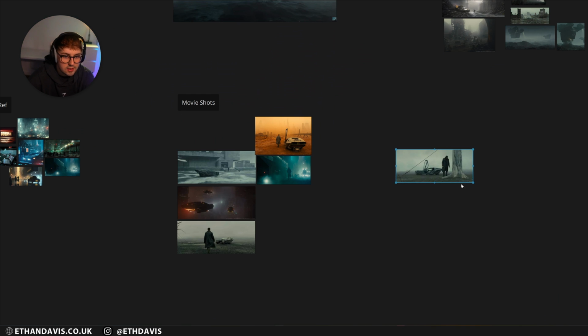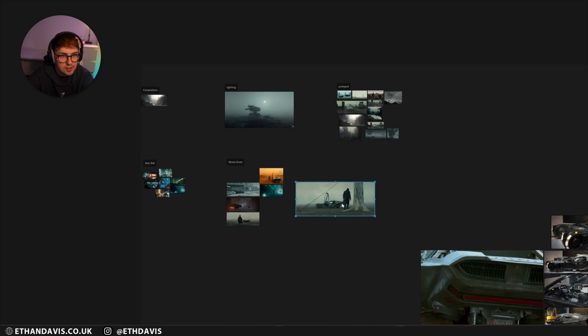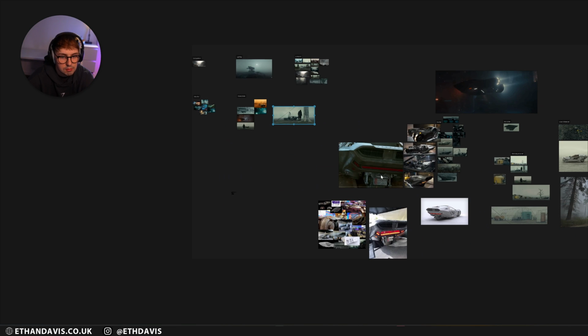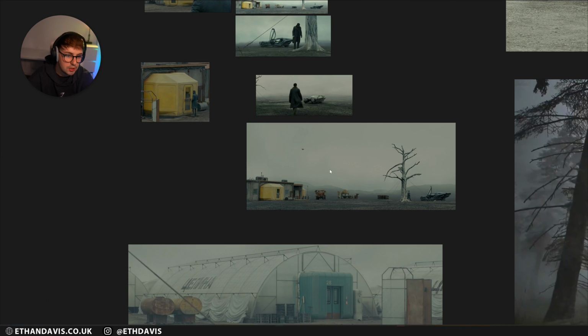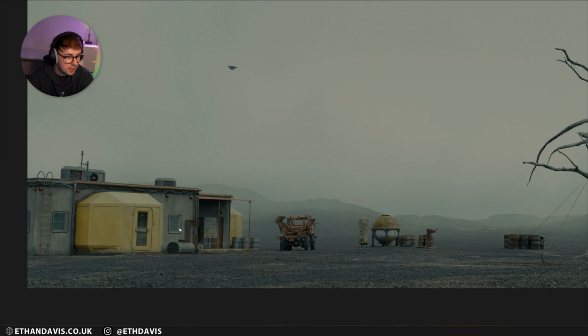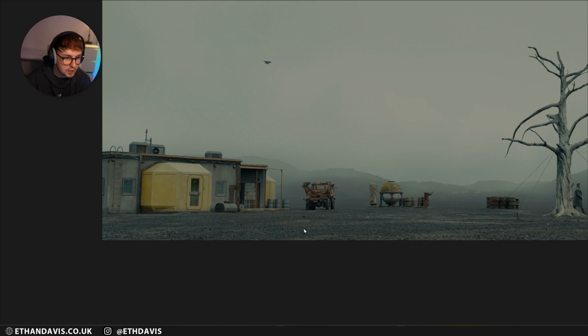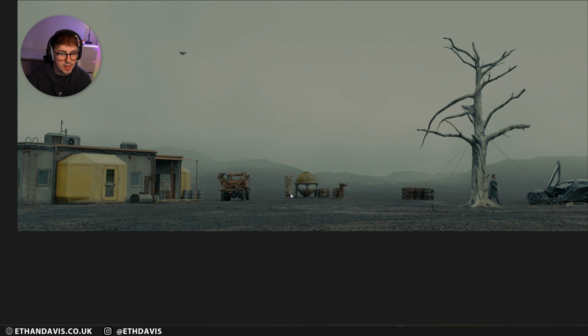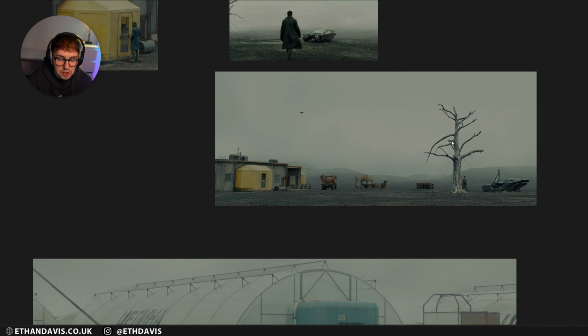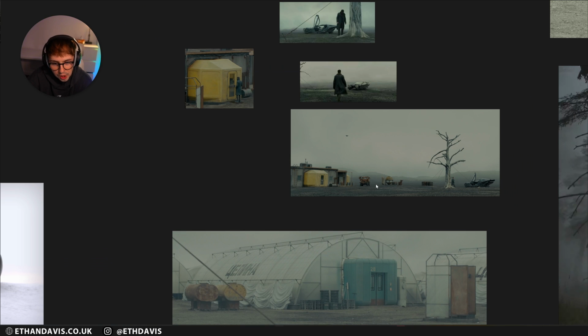But from there, I decided that this scene where you can see the yellow house was going to be my scene for the animation. So I got really high res samples of everything to do with that scene, including the rocks, the building, the assets that were scattered. I really wanted to get this tree in there just for the story purpose, but it didn't work with my framing, because if the car was coming from the top right and then the tree was already there, it would have just looked a bit odd. So I just ended up removing the tree, and we got what we got.